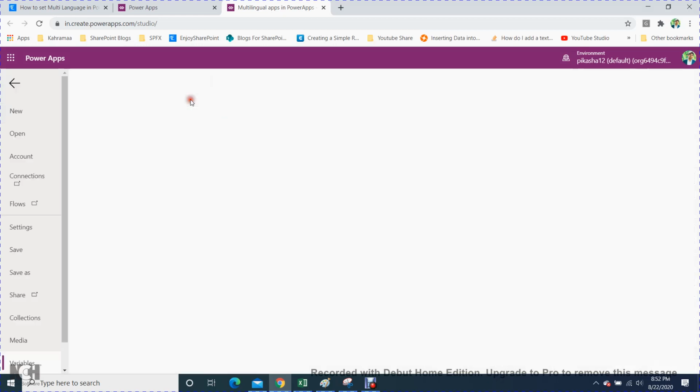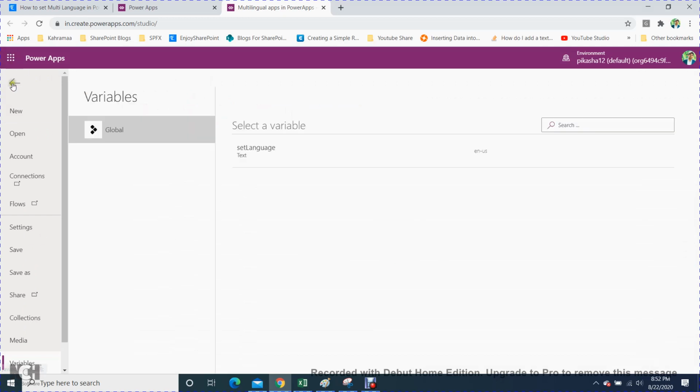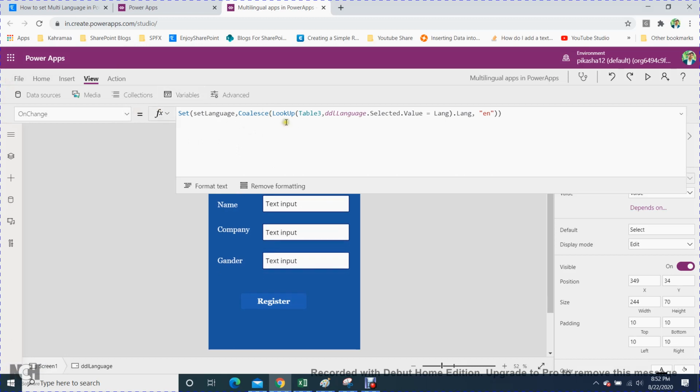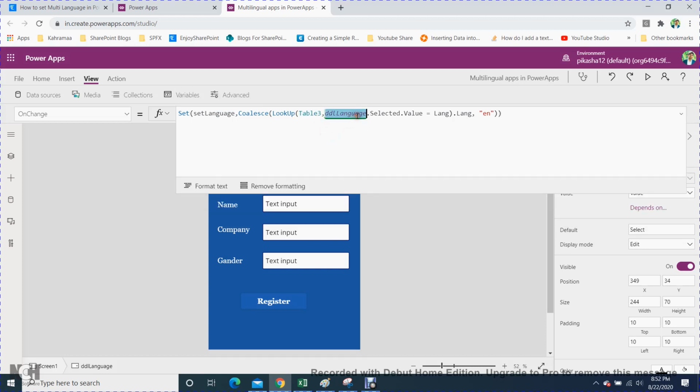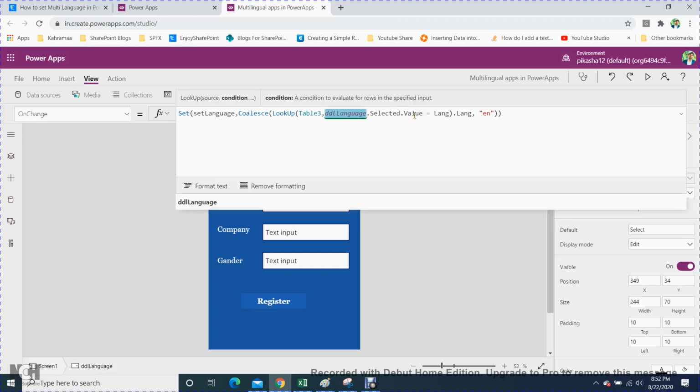This is my global variable which I have created here. This is the set language, which is a global variable. What you will do, just set a variable with Table 3, my Excel data source which I have connected, and comma, ddl language dot selected value is equal to language.